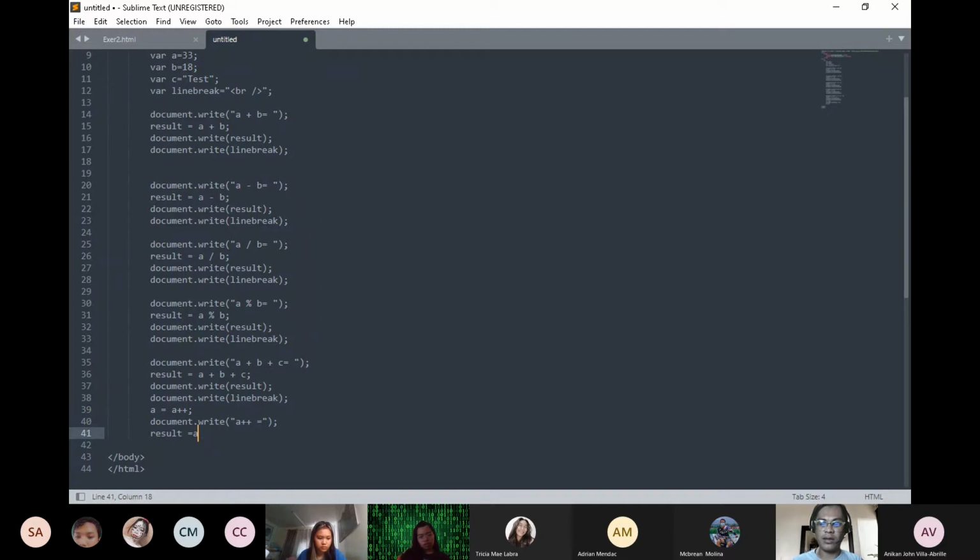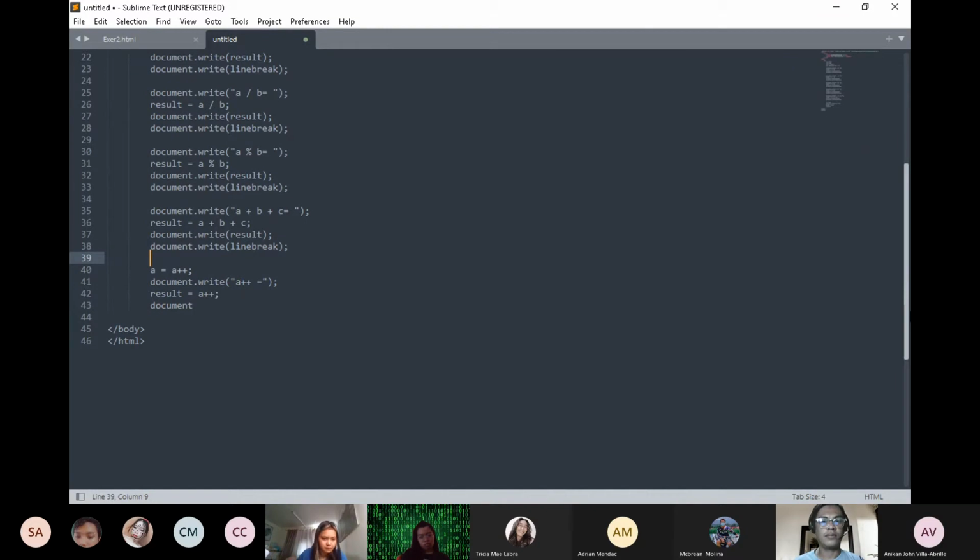Result is equals to A plus plus, I'm sorry, A plus plus, then document, that's right, and then the result, semicolon, then we will copy paste this one, the document that right, line break, and